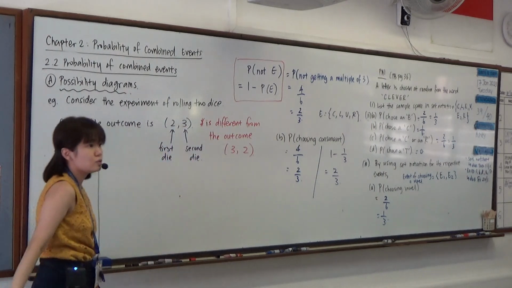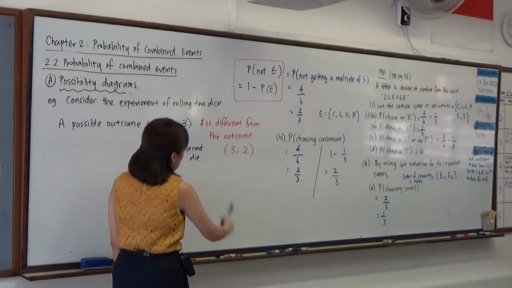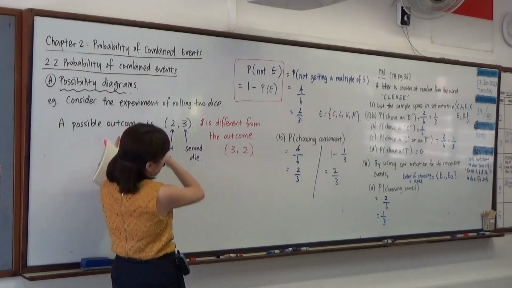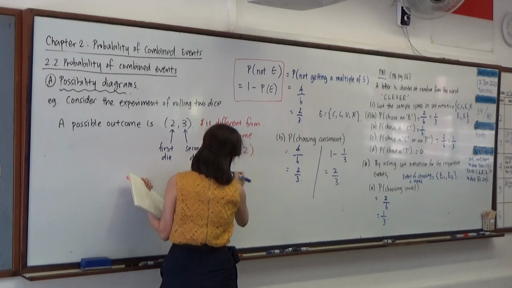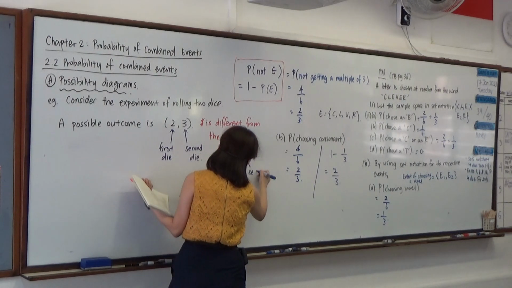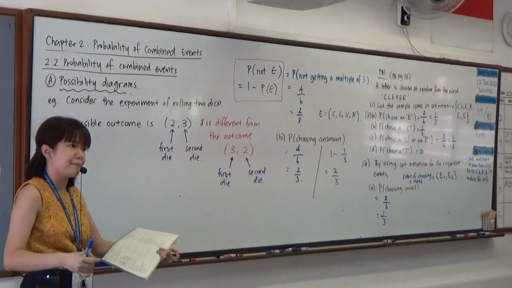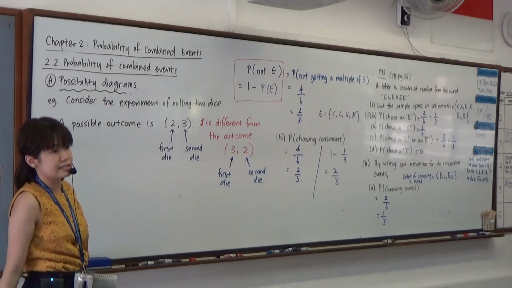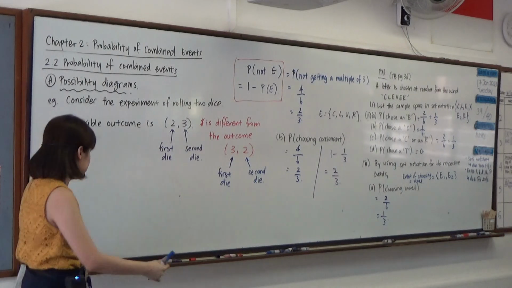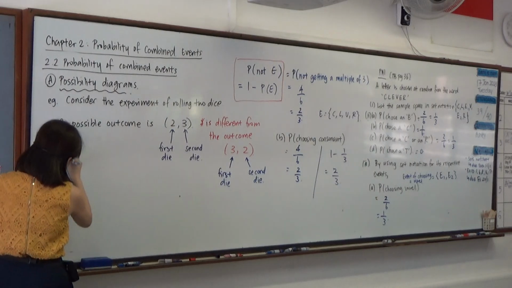2, 3 and 3, 2, of course, looking at it just on the surface level, it does look like it's giving you the same idea, same outcome, right? But then they are actually different in the context of probability. Because 3 itself is the one for the first die, and then 2 is the one for the second die. Because each die can give you 6 different numbers, when you have 2 die, it will produce for you 36 different outcomes. 6 times 6. How do I know that? This is where I introduce to you the possibility diagram.